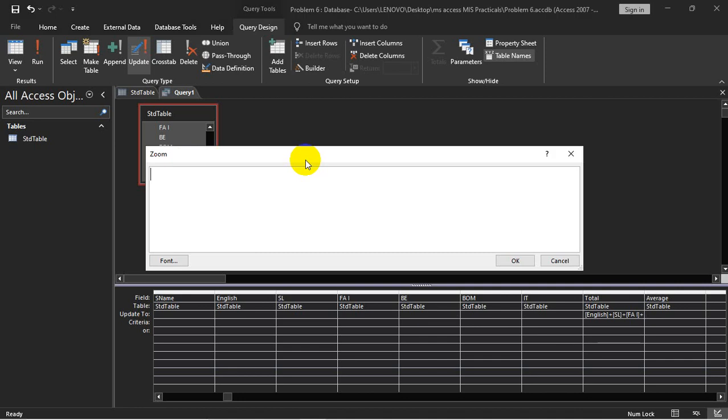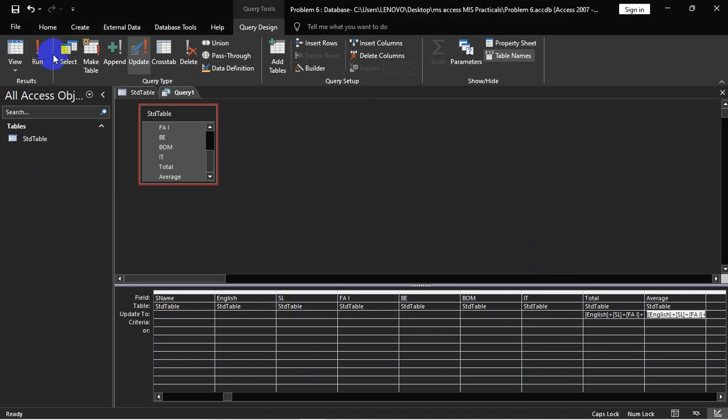Go to here, keep a bracket, and here English, next second language, next FA1, next BE, next BOM, next IT, bracket close, divided by 6 subjects, right? 6 subjects.